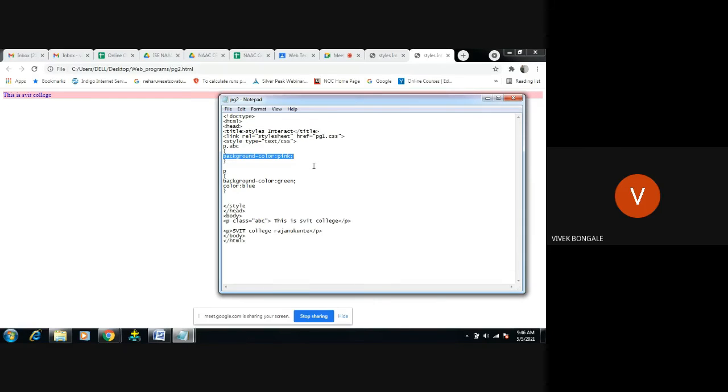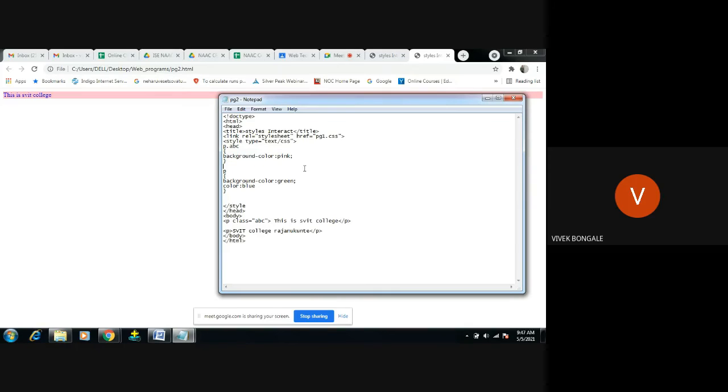So the second rule is what? More specific has more importance than the generic. This is generic, and this one is more specific. More specific means that for this particular tag which has this class ABC, you apply this style rule only to that tag or statement.